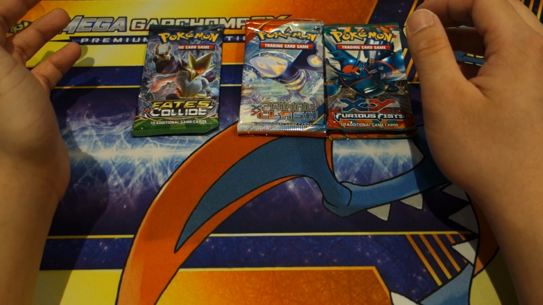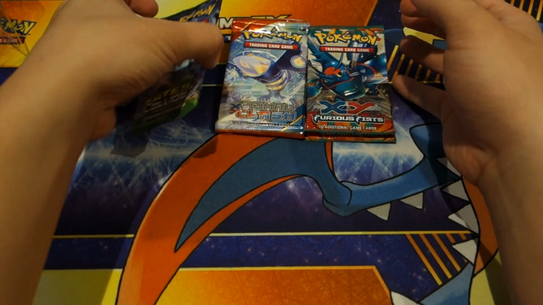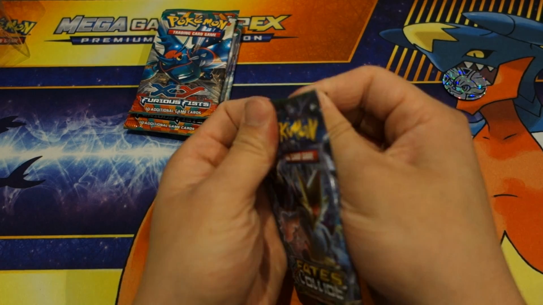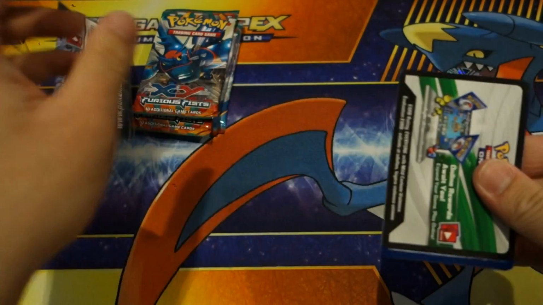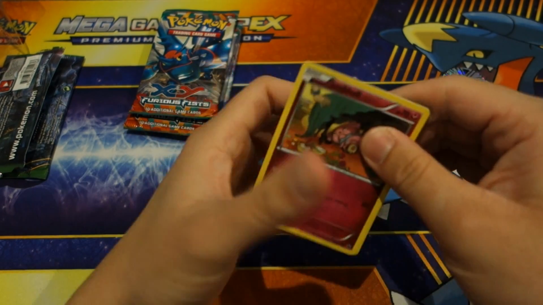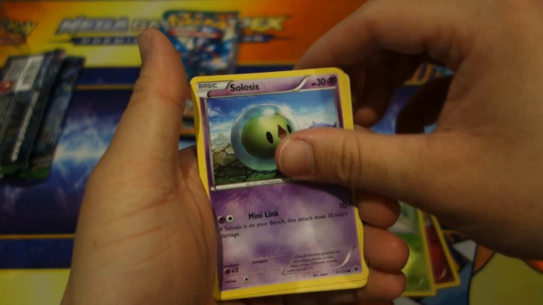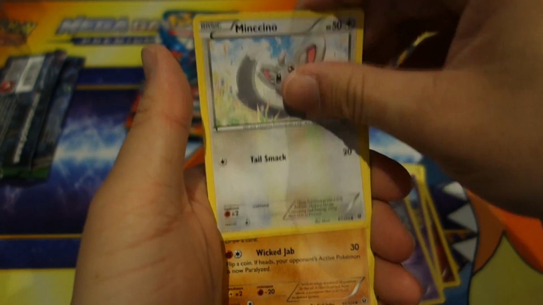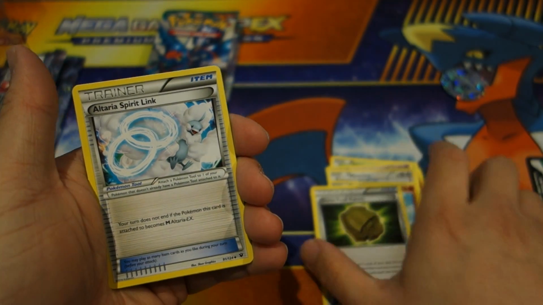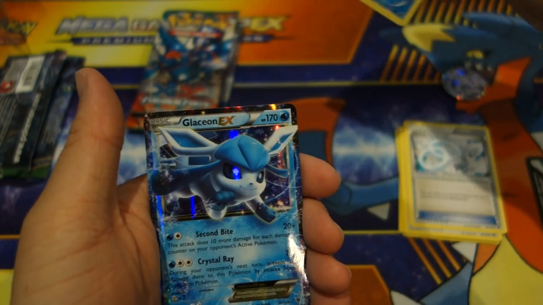Let's, how do we do this? Let's go Fates Collide, Furious Fist, Primal Clash. To the first pack. 3, 2. Let's do this. We start off with a Snubbull, Snivy, Solosis, Gothita, Minccino, Hawlucha, Fossil, Kabuto, Alturia Spirit Link, Reverse Holo Seal, and